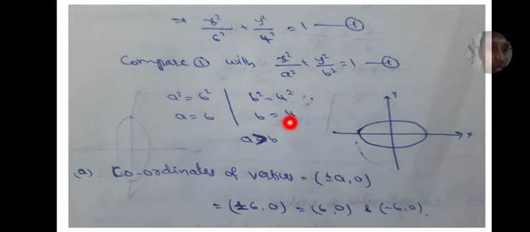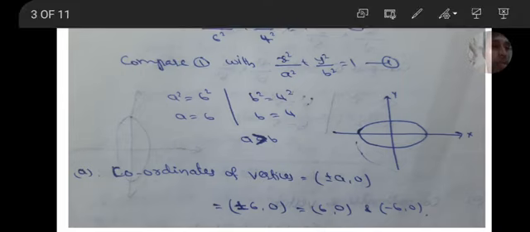According to this, a is greater than b, so we conclude that the given ellipse is in the first standard form. If a is less than b, it is the second standard form, and all the formulas change. Okay, it is first standard form, a is greater than b, so we have to recollect the formulas.